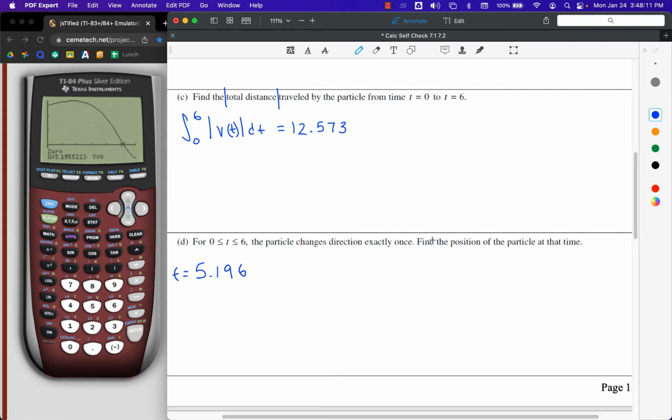At what time does it change? Oh, but it's not asking for time. It's asking for position at that time. So this is the time. So we need to do a start plus change is equal to end. So we're looking for an end value. So we're going to do start plus